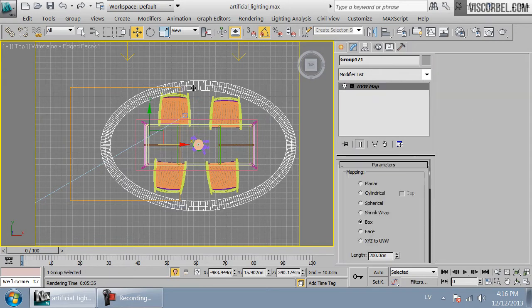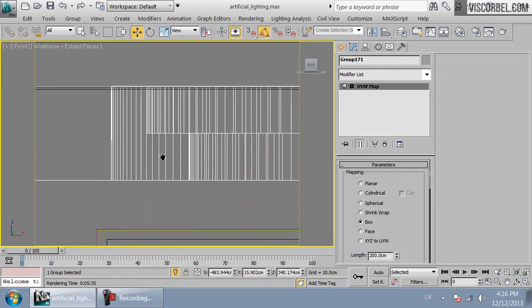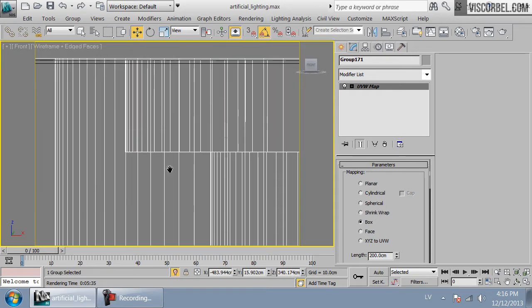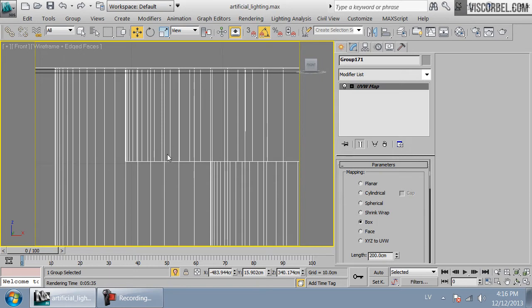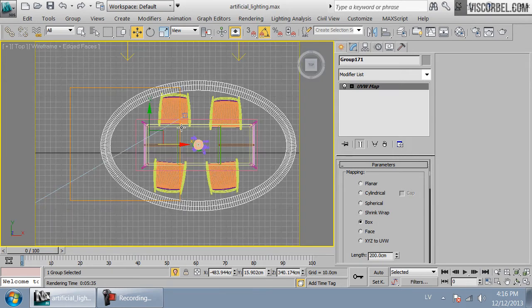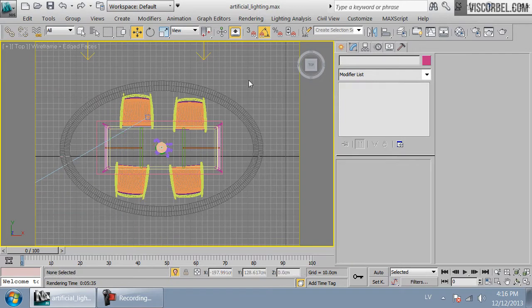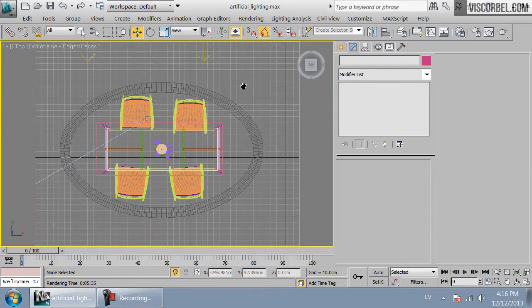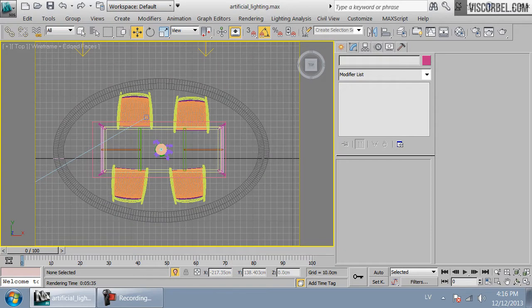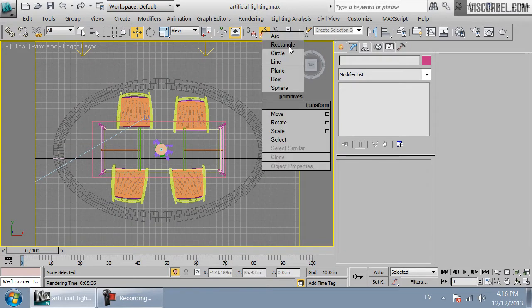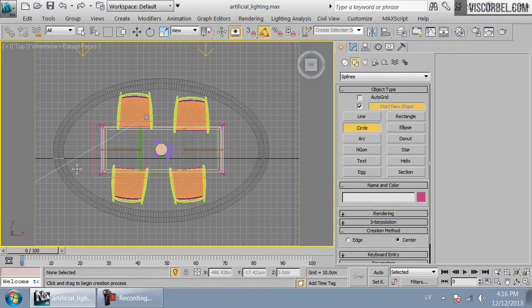Okay, so I'm going to zoom in and you can see that I have the same type of ledge, but this time facing inwards. And what I want to do is position some lights right here and point them upwards towards the ceiling. The easiest way to do this is to simulate the way it would be done in the real world. Basically, you have a bunch of LED lights or something like that arranged in a pattern. Since I have this squished circle pattern, I can just trace it